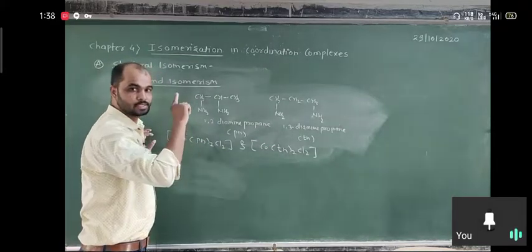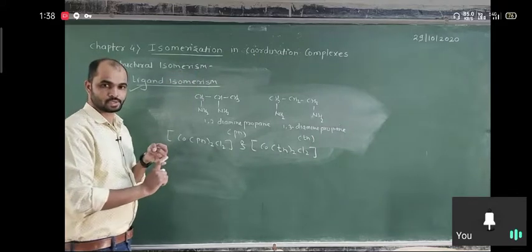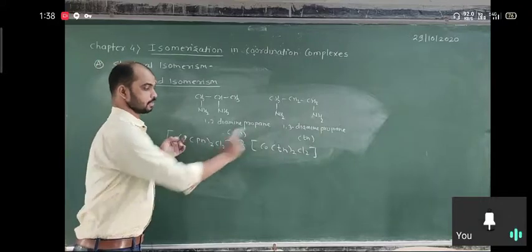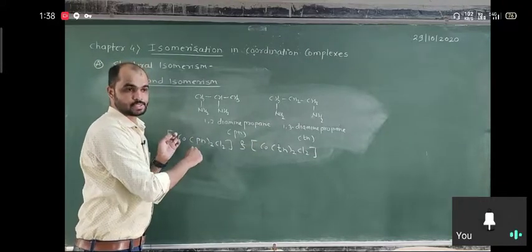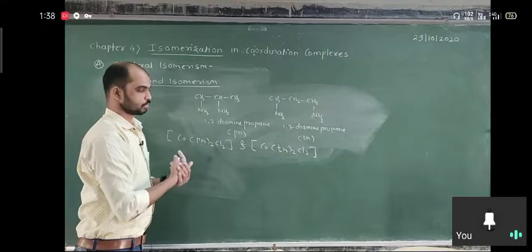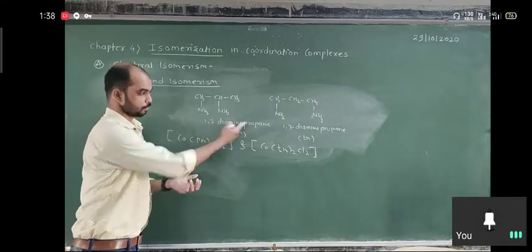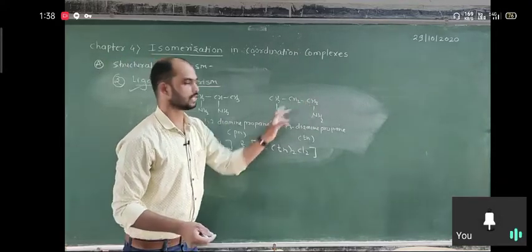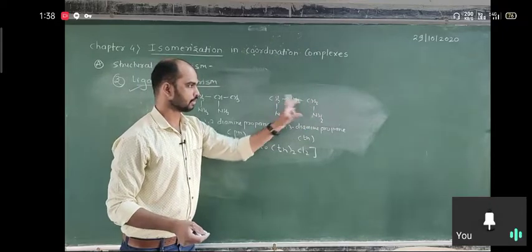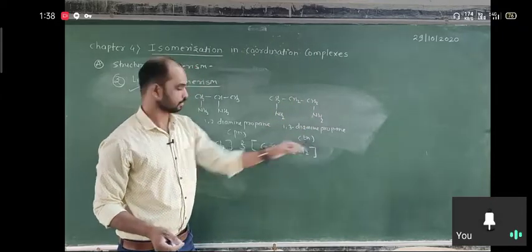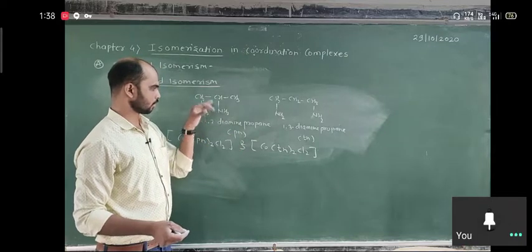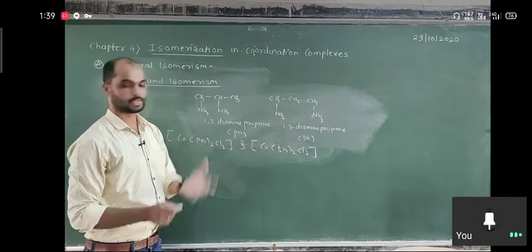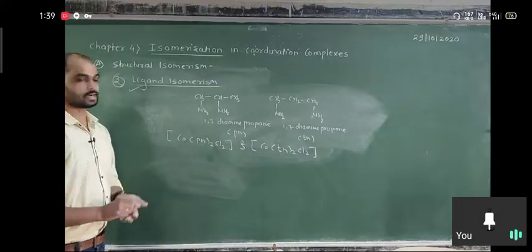Okay, so in the first case, how the cation and anion are arranged is very important. In the second case, see the water molecules. In the third case, see the ligand, this type of ligand is present, PN, TN. PN means 1,2-diamine propane and TN means 1,3-diamine propane, that is, trimethylene diamine. That's why it is represented as TN, and here it is just 1,2-diamine propane, that's why it is represented as PN. So this is all about ligand isomerism.